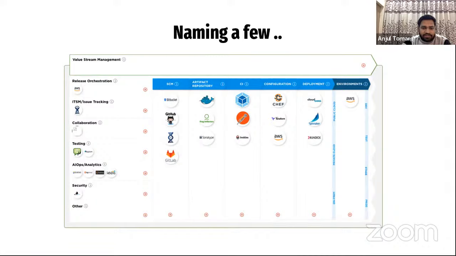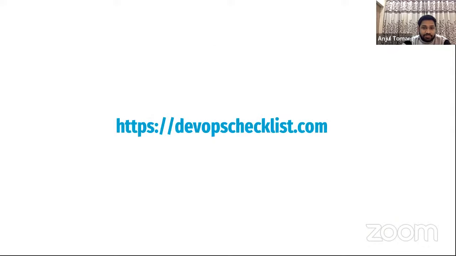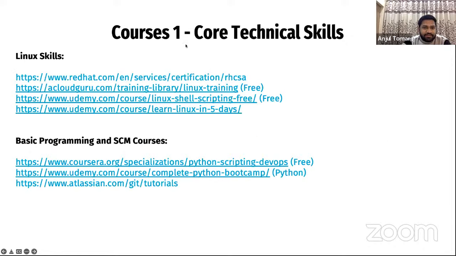Okay. And just one more thing, if you're trying to move to DevOps, you have to make sure, okay, are you DevOps ready? So you can anytime go on this link and take an assessment to check how much DevOps your current organization is following. Right? So I have put some links here for the core technique. I think we are good here with what skills we need, how DevOps helps. Now someone moving to DevOps, right? What training should he or she be taking in order to move to DevOps, right?